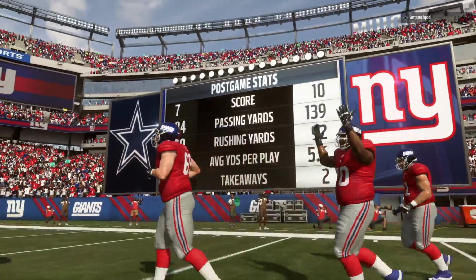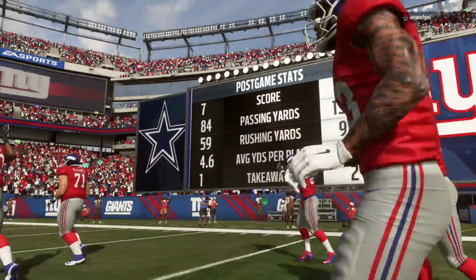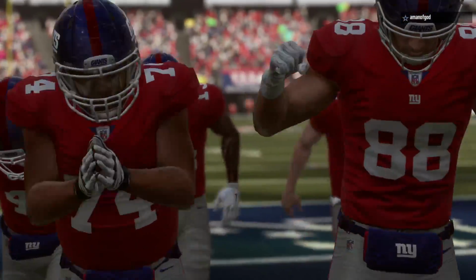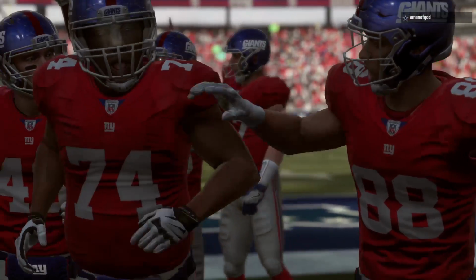So for the Giants, it's an 11th win of the year as they'll finish the regular season at 11-5. And now they'll await the final seeding for the playoffs ahead. Meanwhile, for the Cowboys,